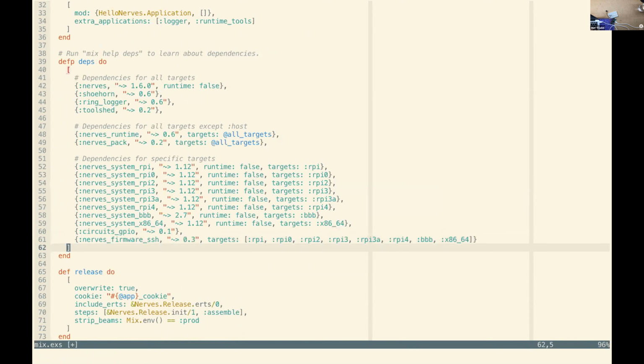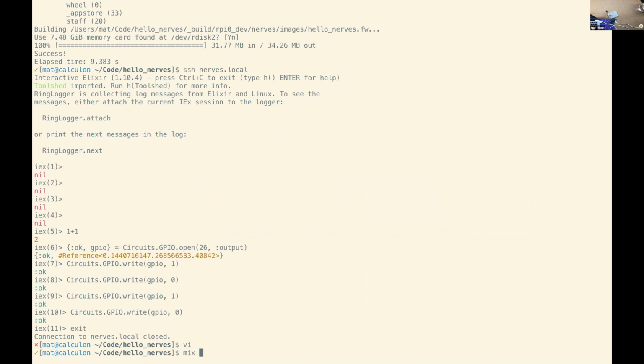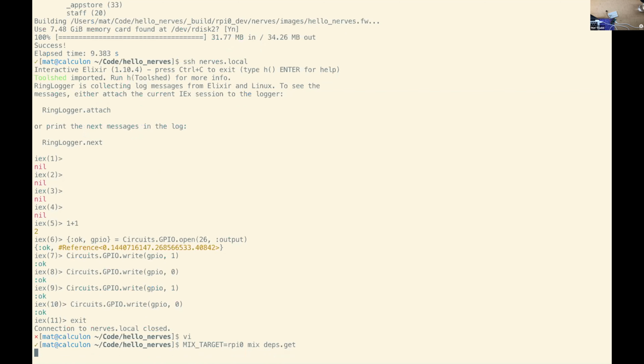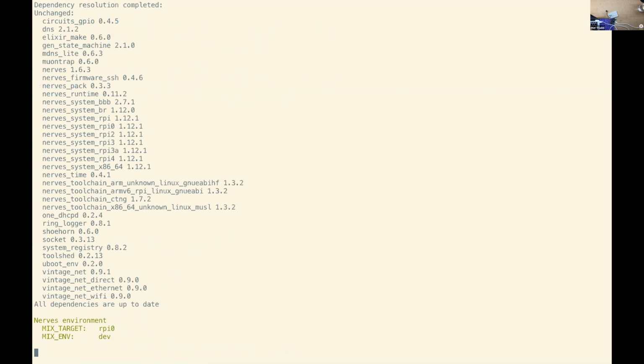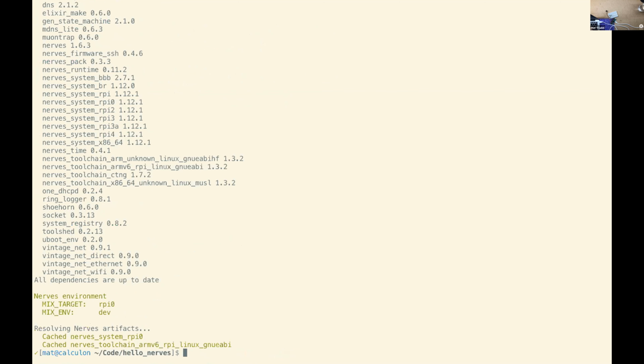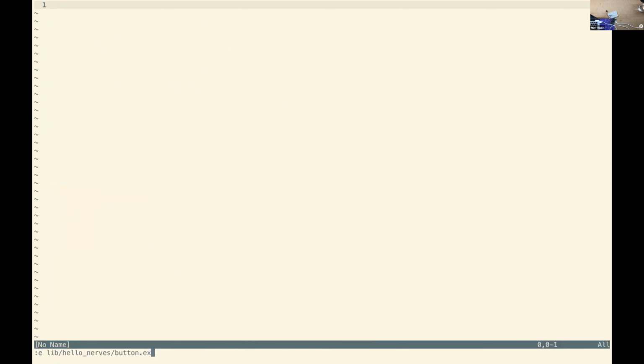You can probably guess what that's going to do based on the name of it. I'm going to install that really quick. And then we're going to add a few new modules to our application, just to demo once again that this is a standard